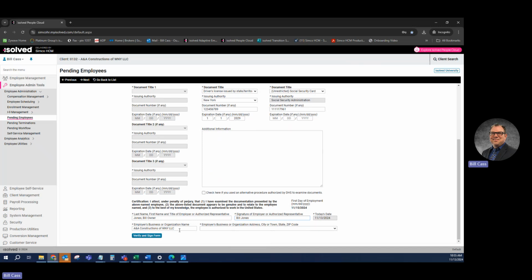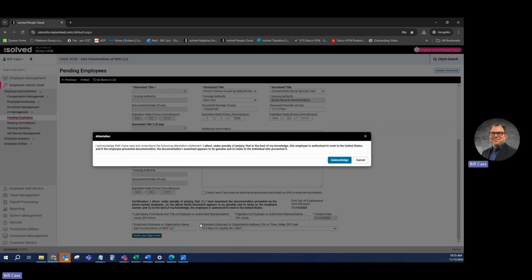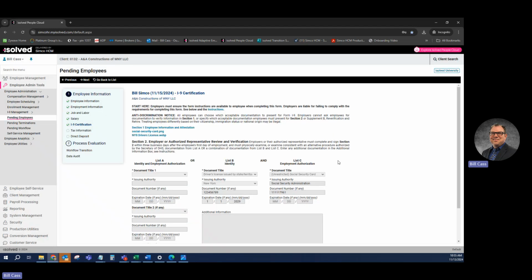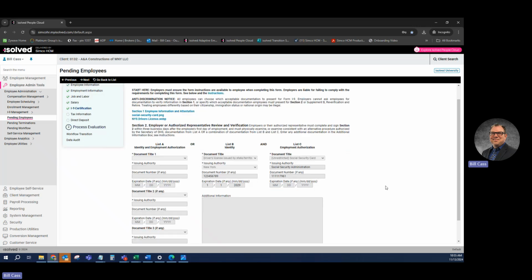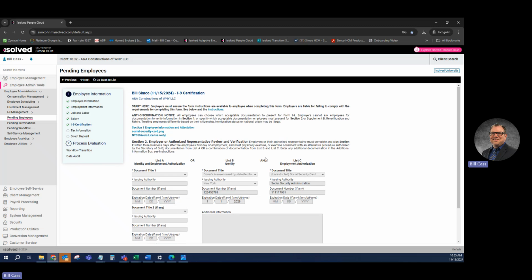If I have multiple options for businesses, I could do that, and multiple options for addresses, I can do that. And then I just verify and sign form. It asks me, did I really see those? Yes. Now it is required that you see the physical copy. So have your employee bring those in so you can actually see them, but you've done your portion of the I-9. We go next,